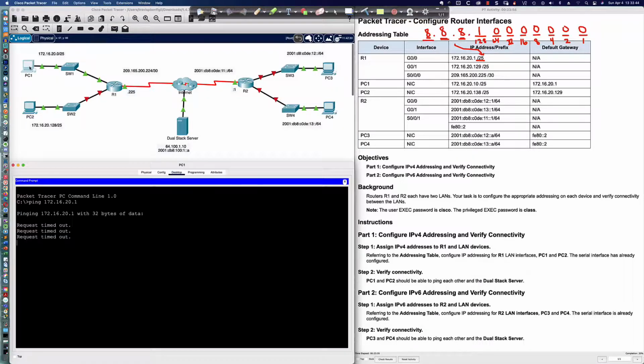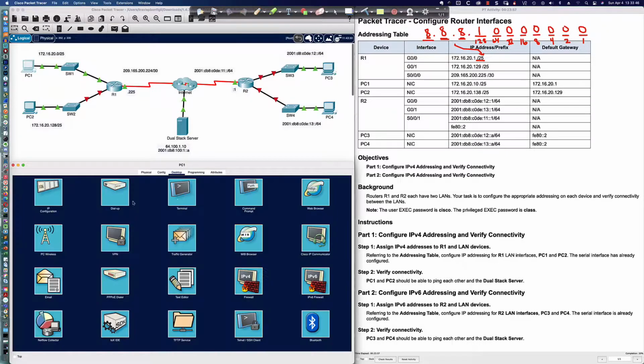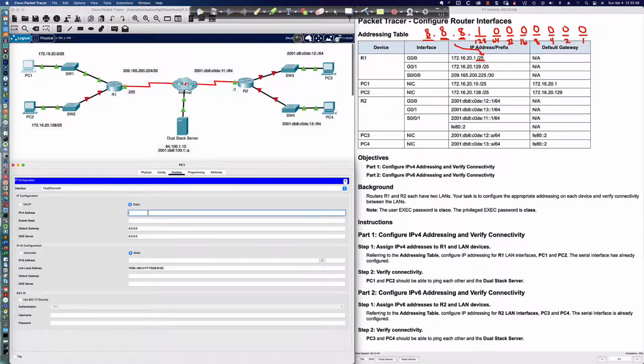Well, let's check and see if the PC is actually configured for an IP address. And it is not configured. So let's add that in. And you can see they give us the address they'd like to have used there, 172.16.20.10. Now, that is auto-magically put in the subnet mask field, but we know that a /25 is going to be